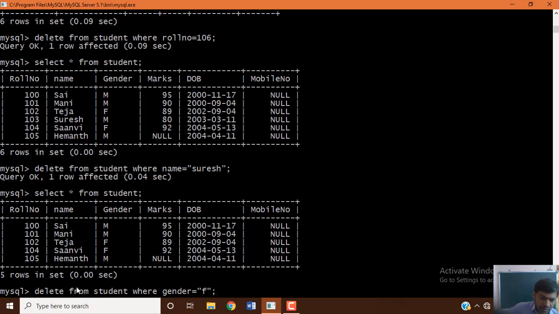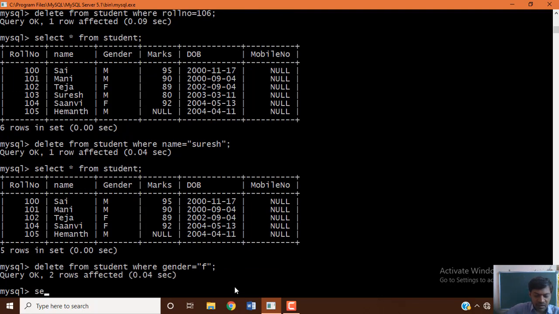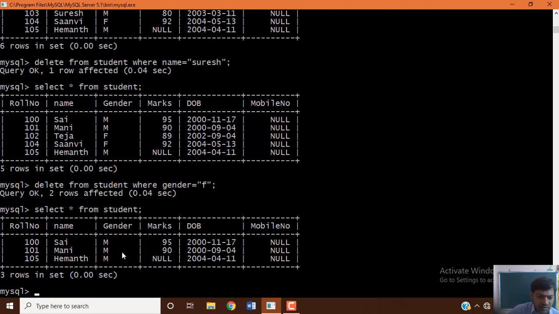All records which have the female value in the gender field will be deleted from your table. Let's see now. Retrieve the data after executing the query so that you will understand the data is deleted from your table. You can see now all female records are deleted from your table. So that is how you can make use of the DELETE command to delete specific records from your existing table in the database server.